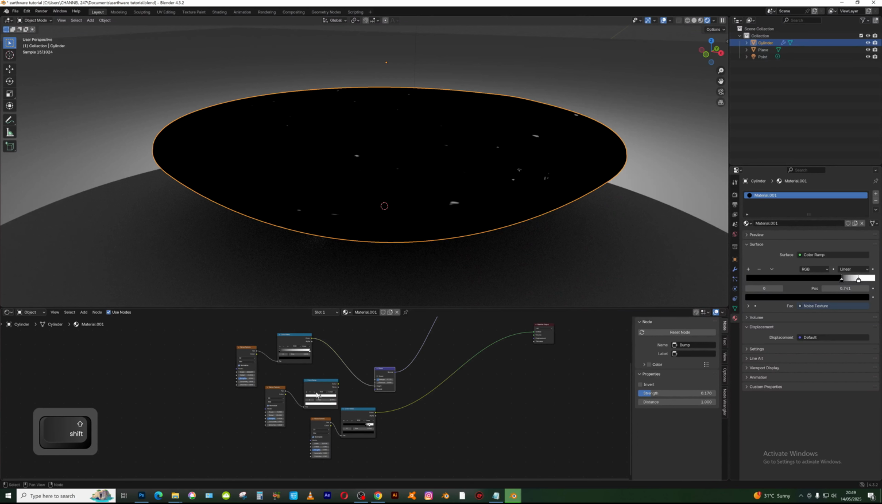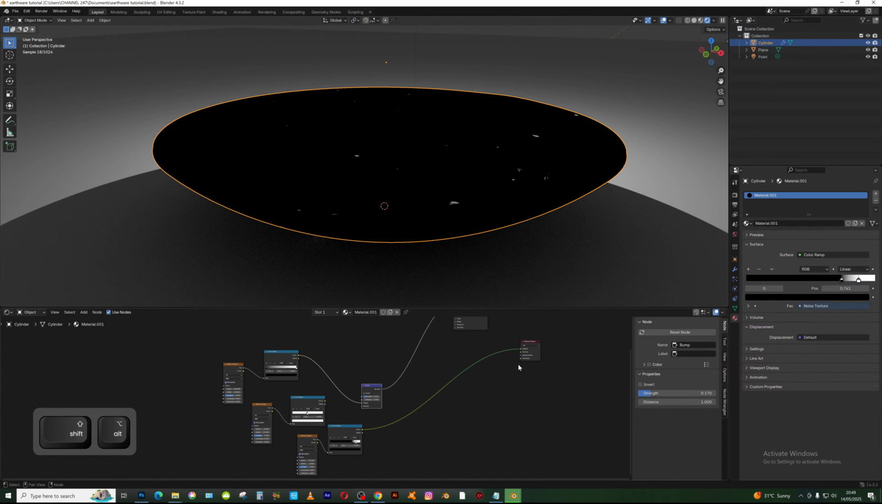We are going to connect these into the displacement here. This one is going to create more depth and cracks for you. In later episodes, I'll explain displacements, or you can check online and see how displacement works compared to the bump. So now press Shift A